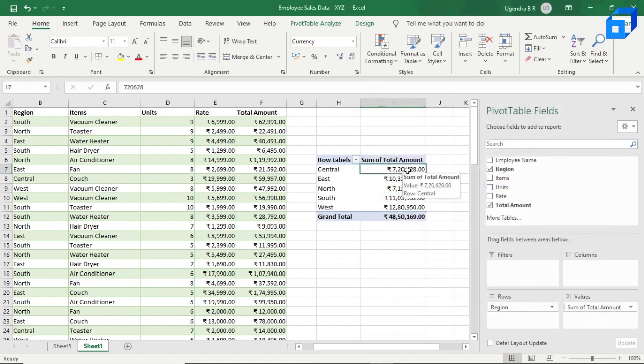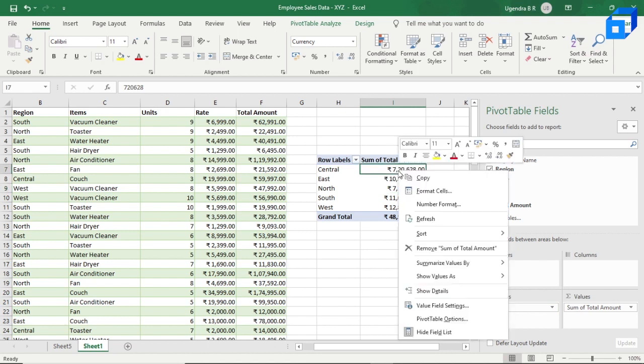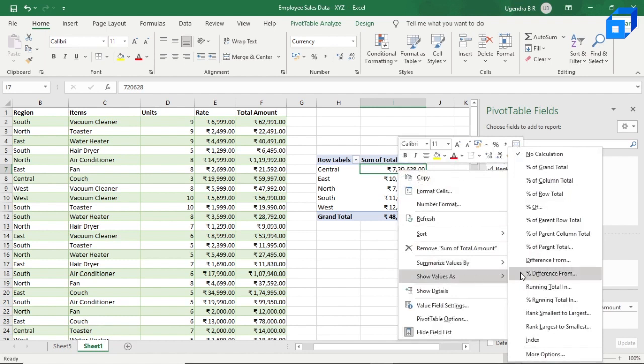So now let us see how to get the percentage of total sales by each region. To do that, right click and click on show values as. Over here you have many options. What we need right now is the percentage of total sales by each item or by each region. Let's say each region first.